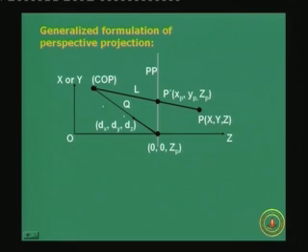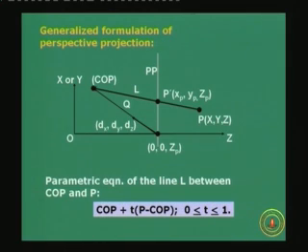So, what are the input parameters of the algorithm? xyz coordinates of the point P, zp, dx, dy, dz, q. Okay. So, these are all given to you, and the unknown quantity is the xp, yp, which is nothing but the xy coordinates of the projection point P prime. Okay. So, this is the picture which explains the generalized formulation or the problem of generalized formulation of perspective projection, and